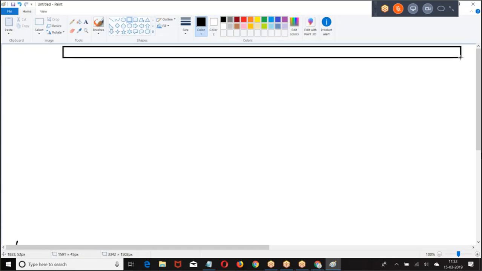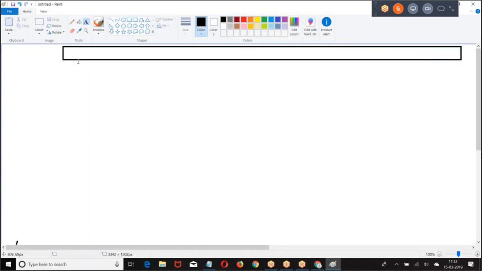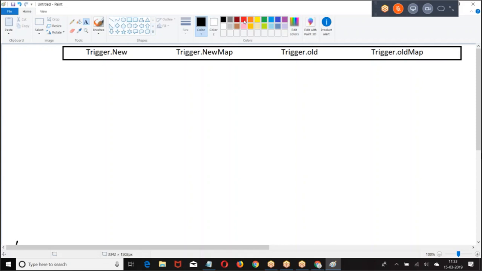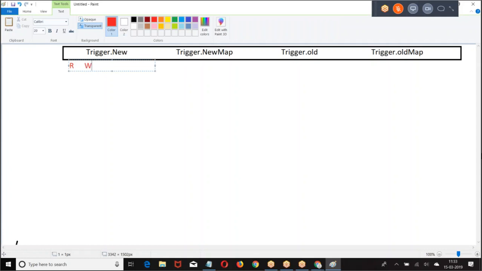What are the variables we had? Trigger.new, Trigger.newMap, Trigger.old, Trigger.oldMap. Then SOQL. Now write SOQL and DML.